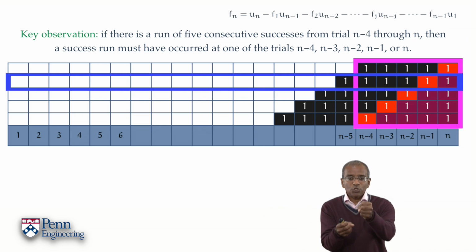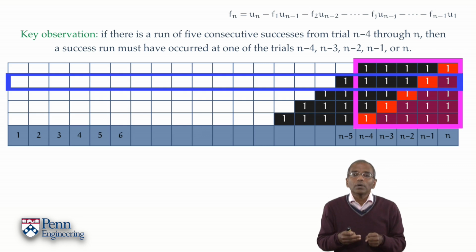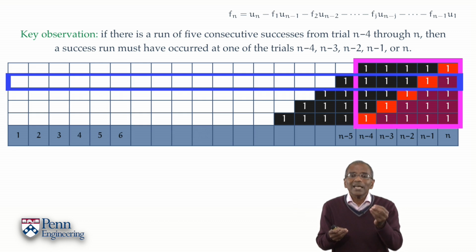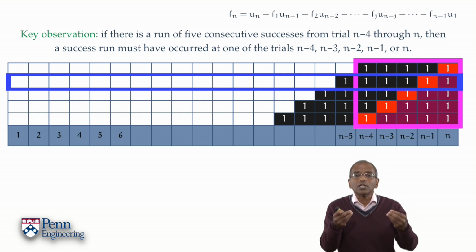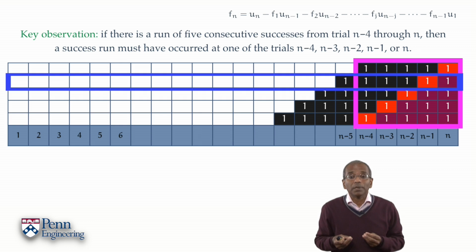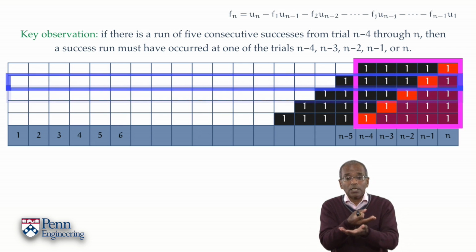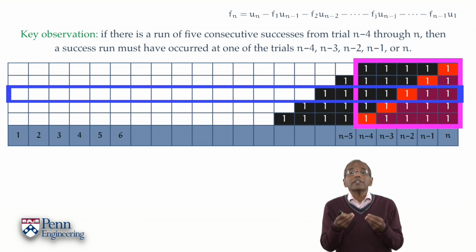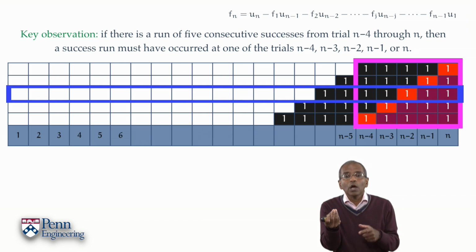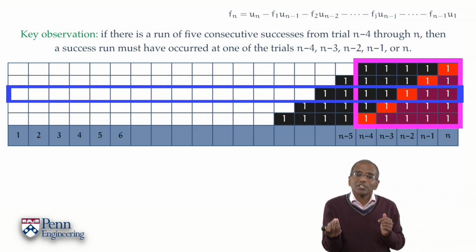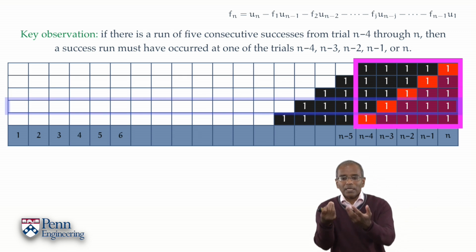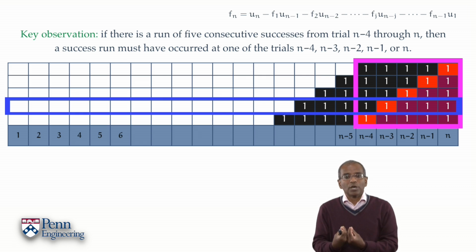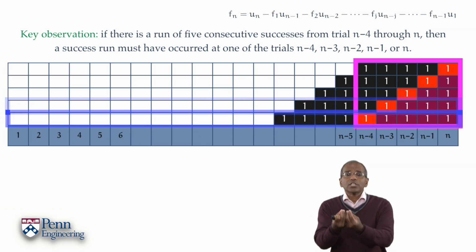And so we have a success run terminating at trial n-1, probability u_{n-1}, and a success to follow, shown in maroon, and that gives you a probability 1/2. Independent trials means these 2 probabilities must multiply. The next possibility, the third row on the table, says that now we have a success run terminating at trial n-2, followed by 2 successes, which may or may not be the start of yet another success run. And then another possibility, where you have a success run terminating at trial n-3,